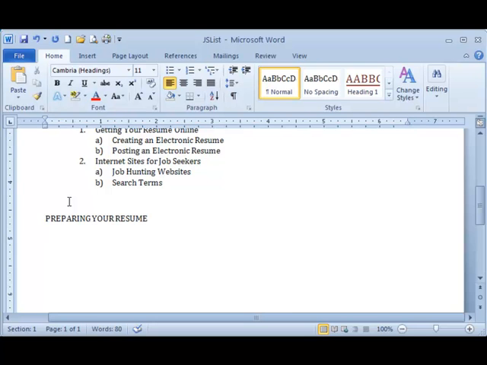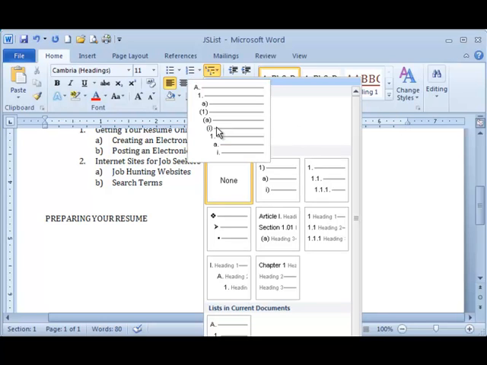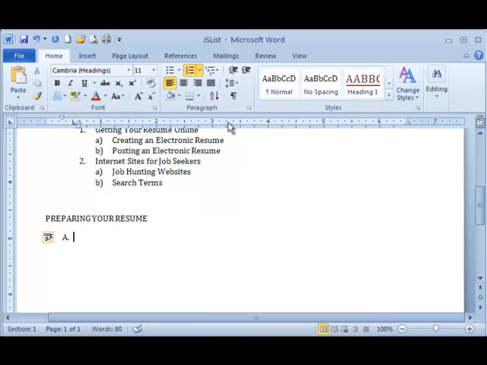I'll press enter. Then we're going to type in what you see at the top of page 17 in figure 1.4, where it has resume examples, resume styles, chronological. We'll type those in using the multi-level list. So to do that, go back up to the multi-level list button, and we should have in our current list the same custom listing that we just prepared. So we'll click on that. That'll bring up the A, and then we'll type in resume examples,